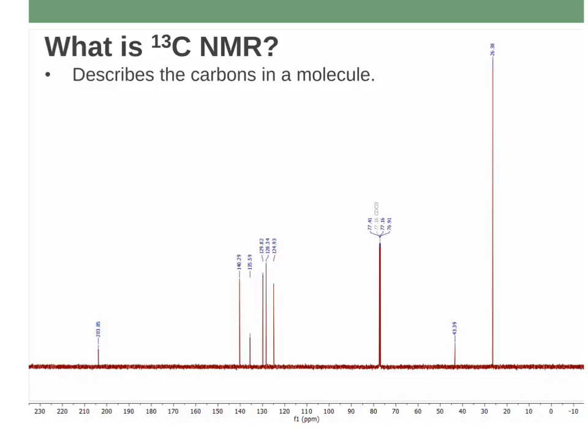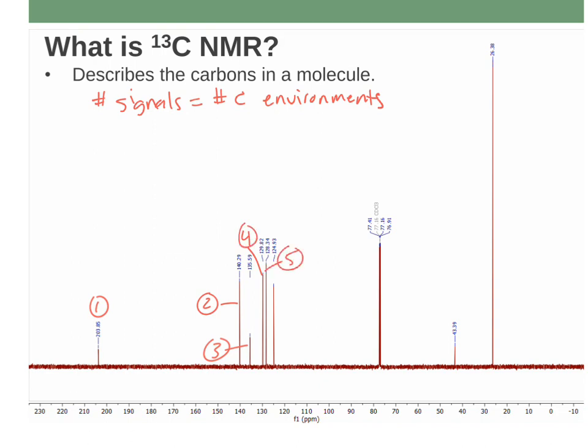So overall, carbon-13 is simpler to interpret. We don't have integrations to worry about, and we don't have splitting patterns to look at. So we just want to look at how many different types of carbons we have, how many signals are there. So if I take a look at this, remember, the number of signals is going to equal the number of carbon environments. So in this case, I'd have 1, 2, 3,